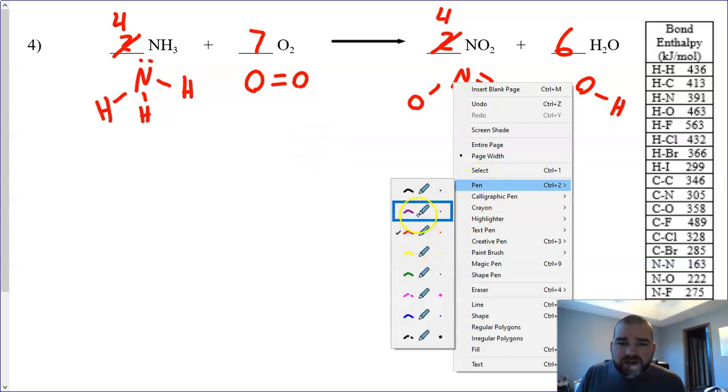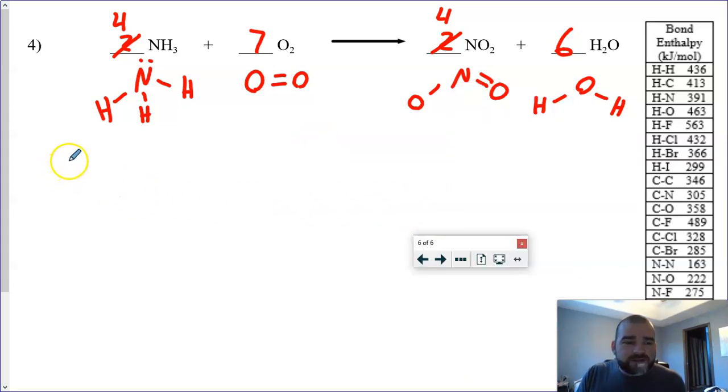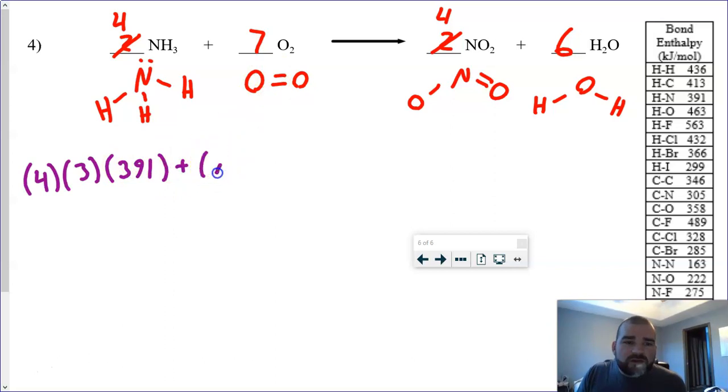If you haven't tried it, again, please try it. I'd like you to try it. Pause it and come on back. But let me go. Coefficient of this first one is 4, multiplied by 1, 2, 3 of those bond types, multiplied by NH bond, which is 391, plus coefficient of 7, multiplied by 1 double bond in that structure, multiplied by an O=O double bond, which is